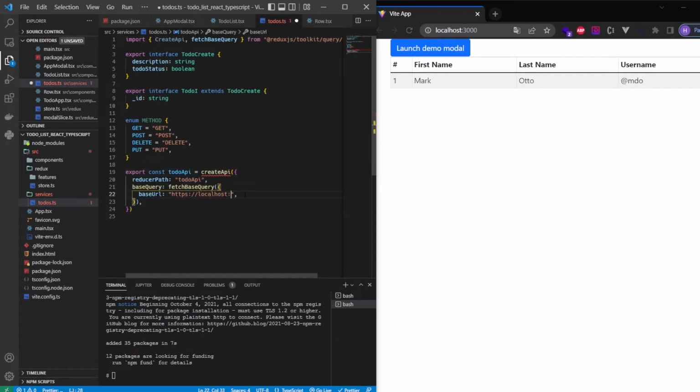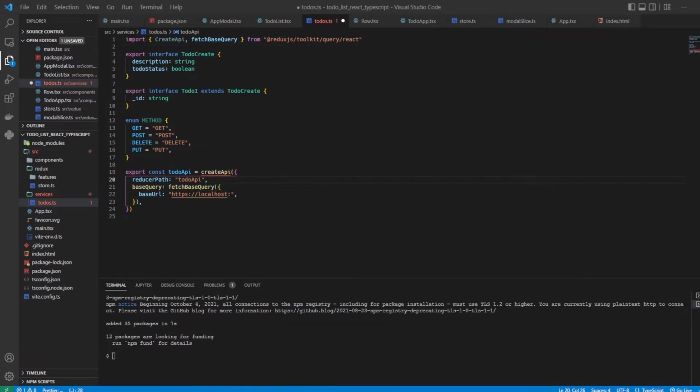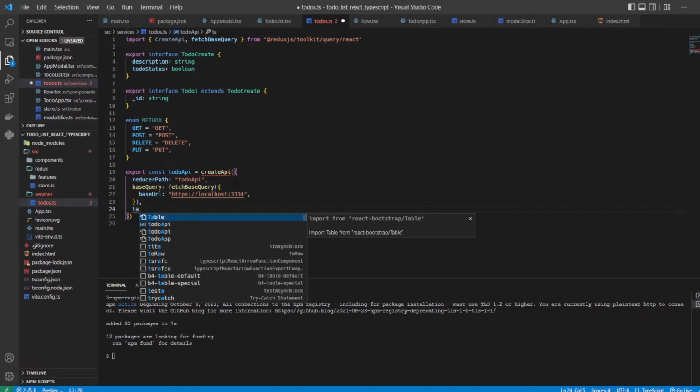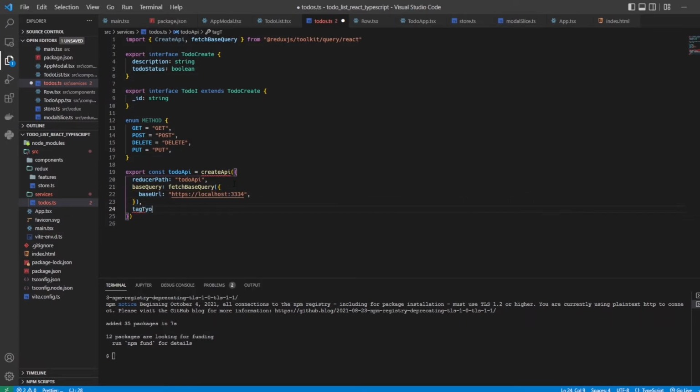And now I have to look up my port again, I forgot it. Okay, it should be 334. Next we have to provide so-called tag types, and what these are I will explain in a bit. I call them todo,